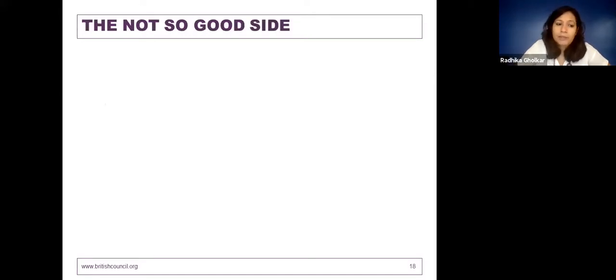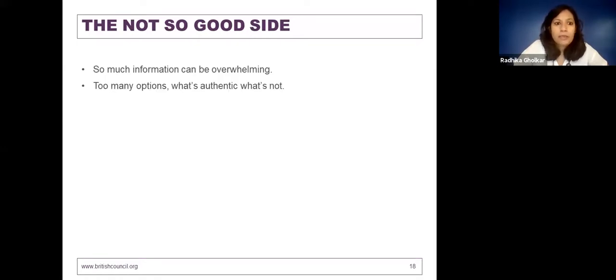Moving on. Okay, so there is a not so good side of technology as well. And most of you have already mentioned a lot of challenges in your responses when you registered for the chat. The first one, of course, is there's a lot of information out there, and it definitely can be overwhelming. There is no doubt about that. There are too many options as well. Very difficult to filter what is authentic, what is not, or even what is useful for you and what is